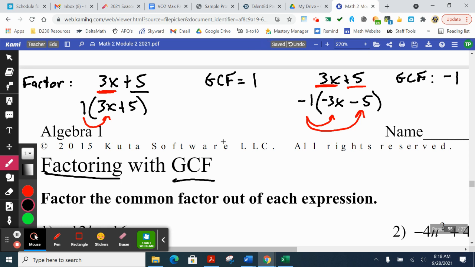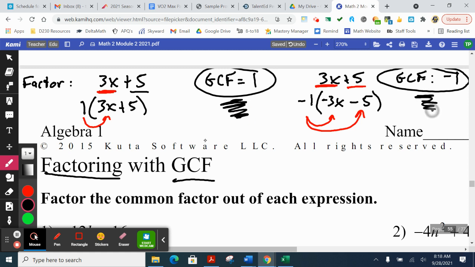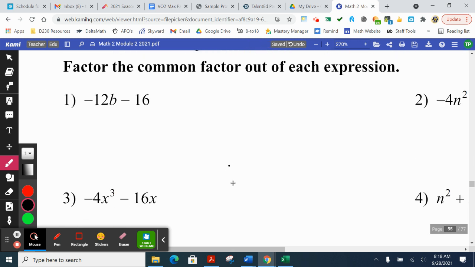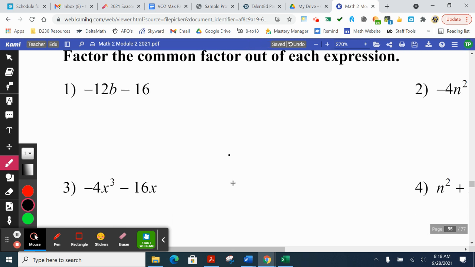Okay? So 1 and negative 1 are always common factors. It is rare we'll pull out a 1. It's fairly common we can pull out a negative 1. And that is because, go to number 1 now. Typically for what we're going to do next, we really, really want this first term to be positive. And if it's not positive, then we want to make sure that it is positive. Okay? So if you go to this first one, if I ask you for a greatest common factor,